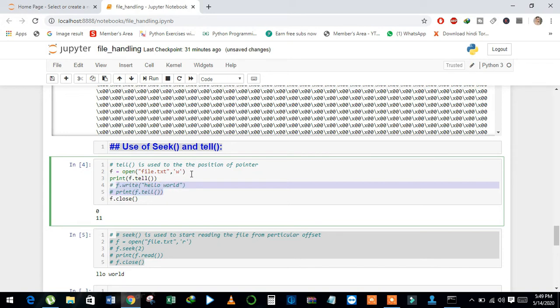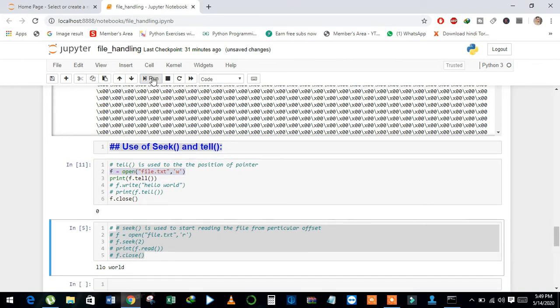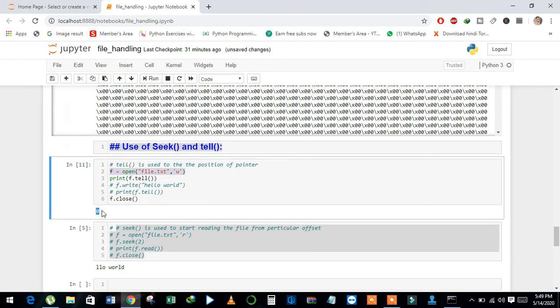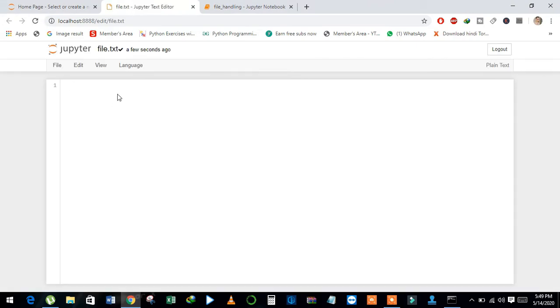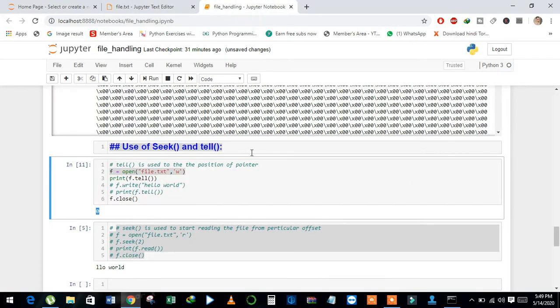I open file.txt in W mode and see here, the position of the pointer is 0 because file.txt is empty. That's why it returns 0.